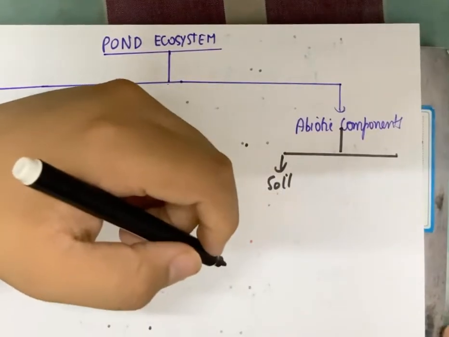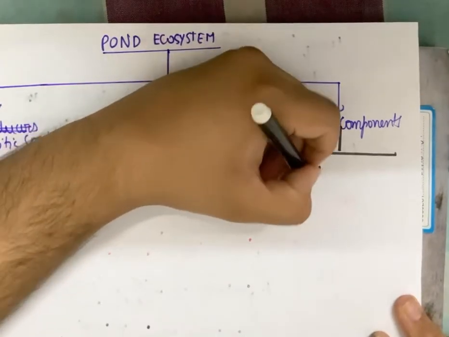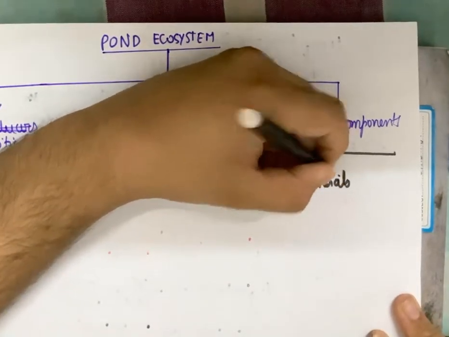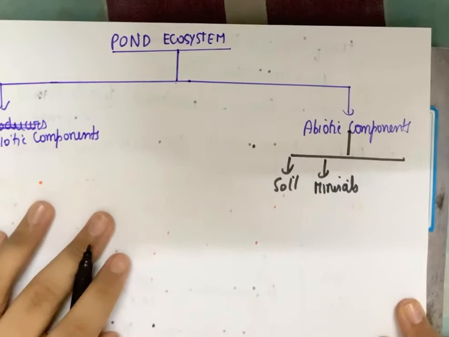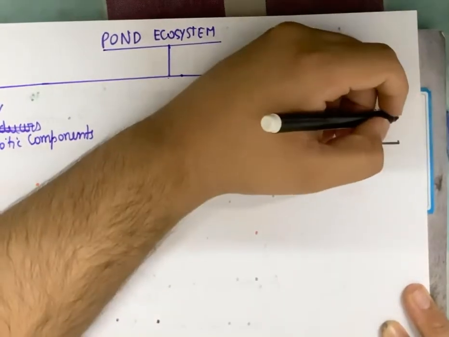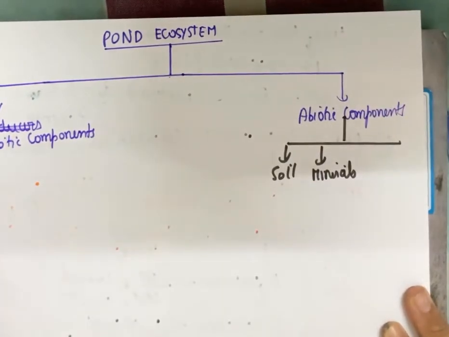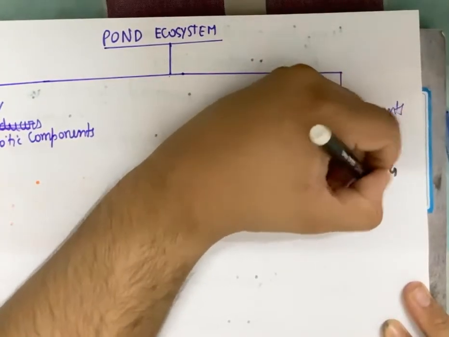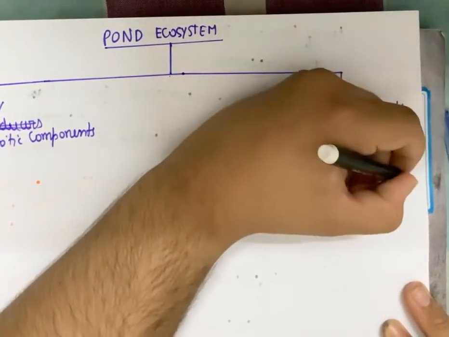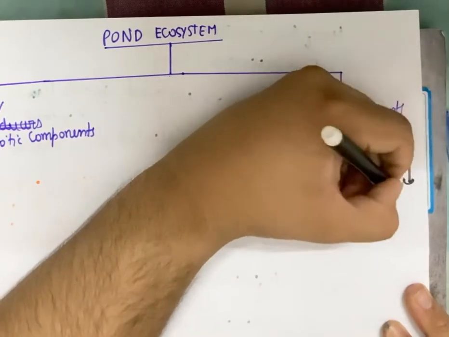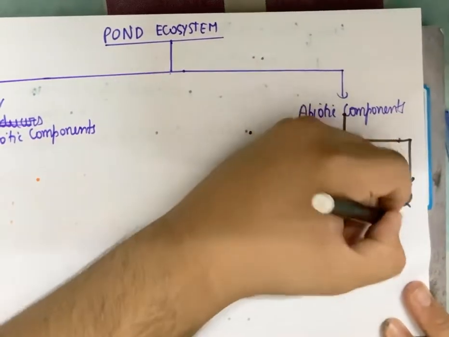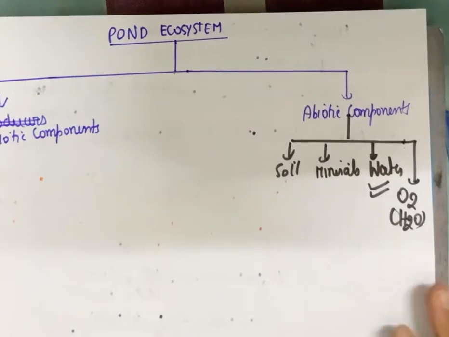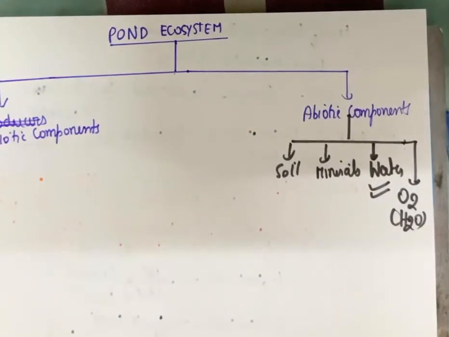The abiotic components in a pond ecosystem will include the soil, the kind of soil which is there, and the minerals in the soil, which sustain the crops and the vegetation in the aquatic environment. There are many underwater vegetations as well. Water, the most important, because the aquatic ecosystem is made in water only. Oxygen is dissolved in water. So I'll have oxygen as well, which is sustaining the life, and it will include all the abiotic components of the ecosystem.